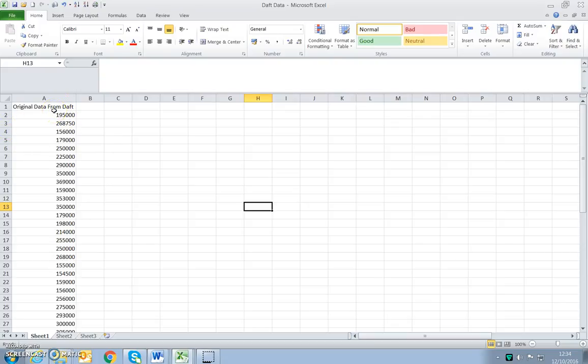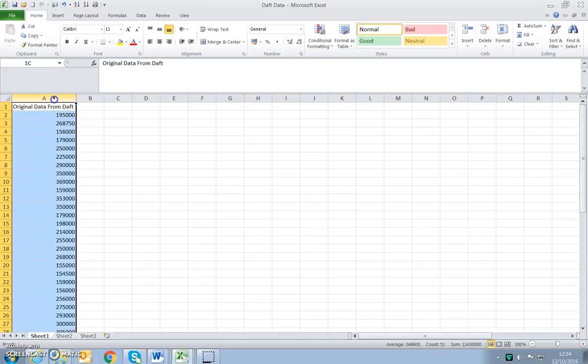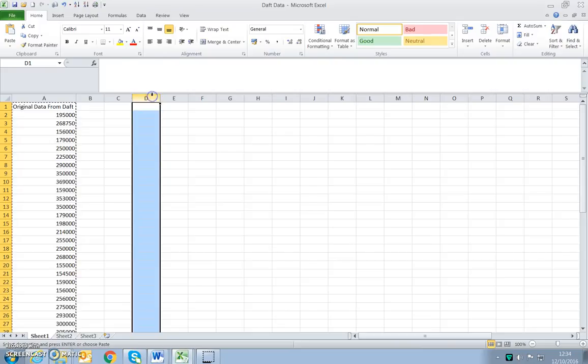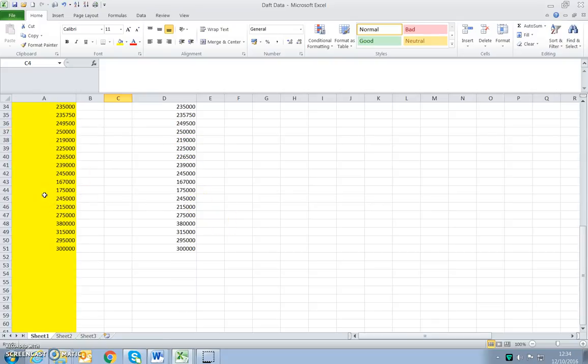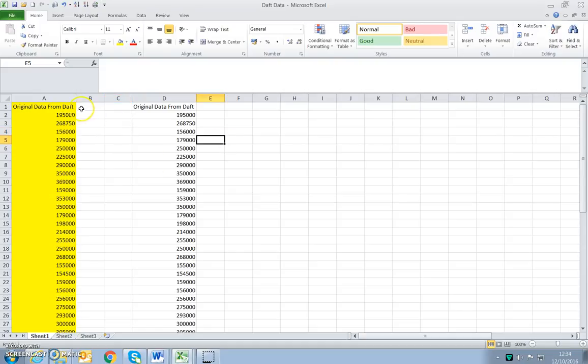What I would advise you to do, in fact always advise you to do with your raw data, or data you've just collected or downloaded from some source, is to keep it as is and copy it. So Control and C and just copy it there. This way you can always come back to your original data if you notice there's a problem in your data. You can always refer back to your original and see where the problem lies. So I'll just keep my original data here. I just highlighted it in yellow, and I'll use this data now for all my